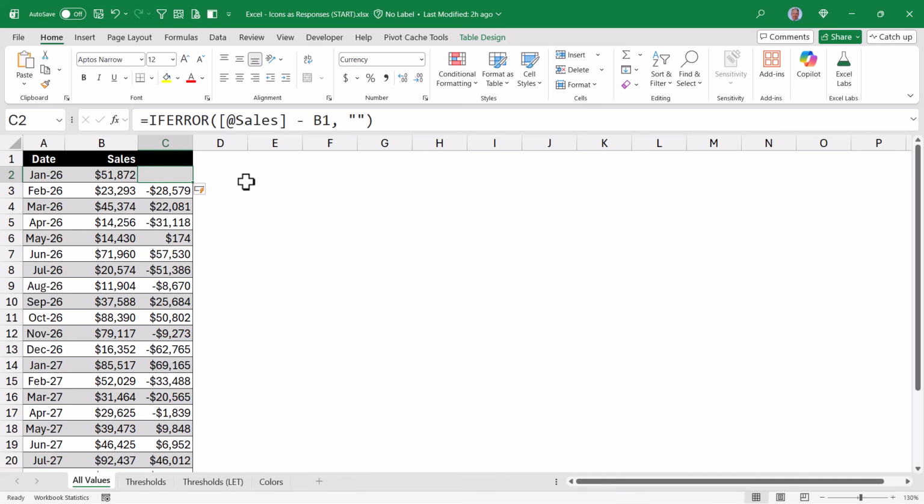I actually don't want to see these values. I want to see a green up arrow if we increased sales and a red down arrow if we decreased sales. Now, conditional formatting can do this, but you're limited to the icons that are pre-programmed. Since we want to have almost unlimited access to icons, we're going to pull this formatting trick off with custom